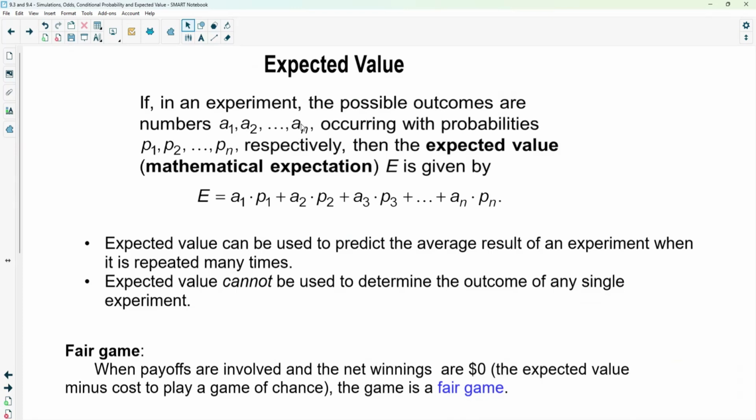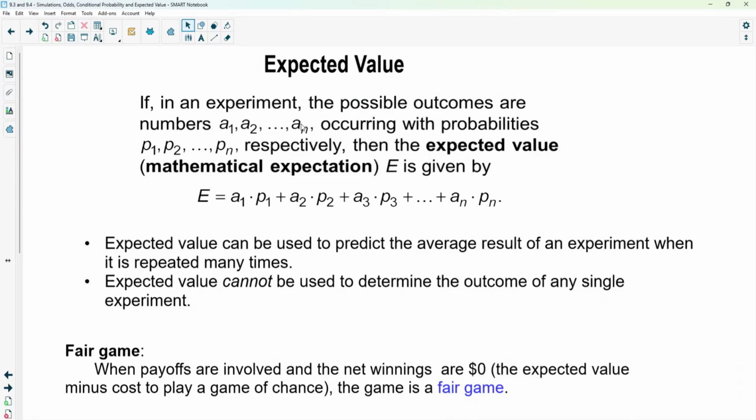tie, or you can win, or you can lose, right? Those are the 3 options. And they're going to give you the probability for each one of those options. And then what is the consequence of tying? Nobody gets money. Or losing, you lose $10. Or winning, you win $10, right? So what is the probability for each one of those? And once you multiply all of those together and add all those products, you're going to get an